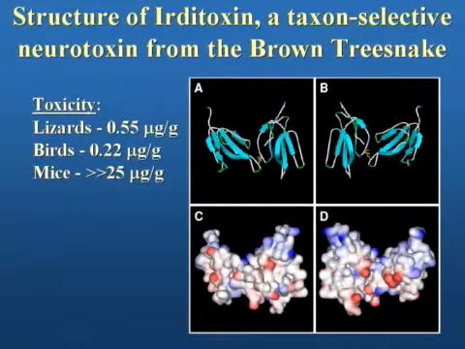Turns out that it's extremely toxic to birds and to lizards, but to mammals it's essentially non-toxic. Hundreds of times the amount of toxin, and there's no effect at all. If you're a pharmacologist or a biochemist, that becomes really fascinating. How does it knock out these types of animals, which are vertebrate animals, but it doesn't affect these? And that suggests then that we've got something very interesting here for probing neurotransmission, for probing how nerves and muscles